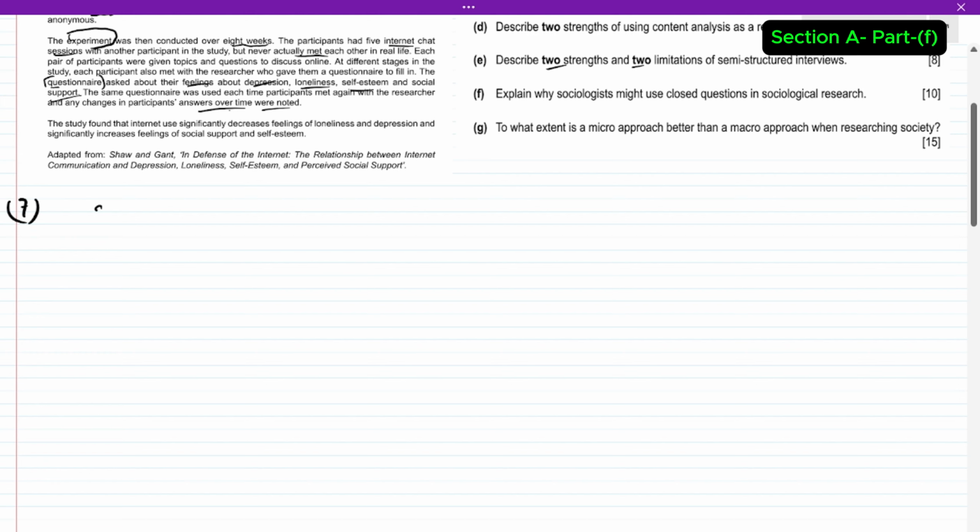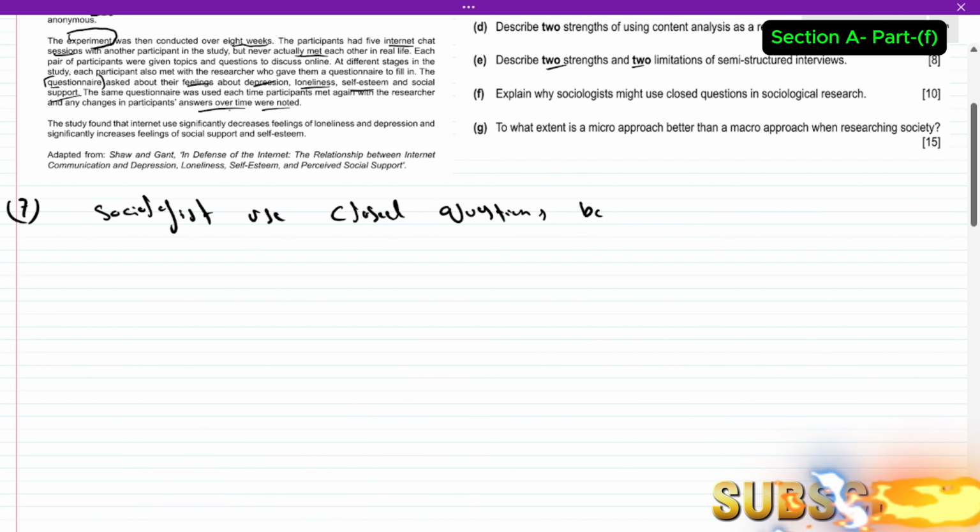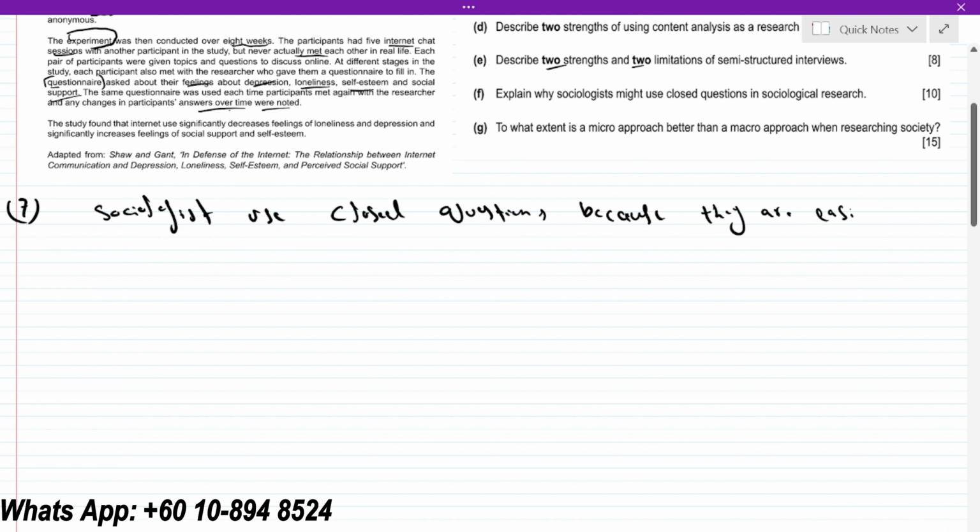Sociologists use closed questions because they are easier to analyze, and provide quantifiable data,